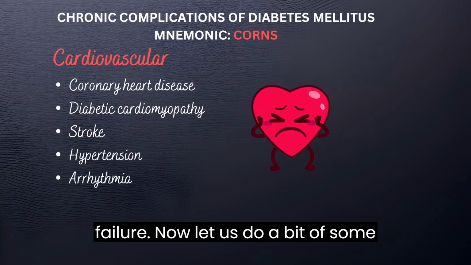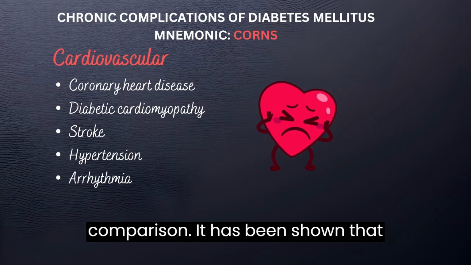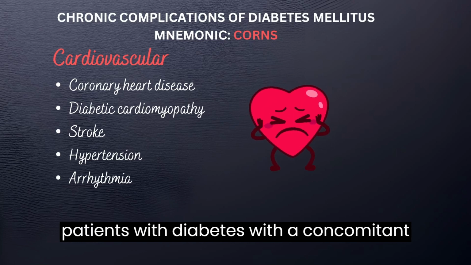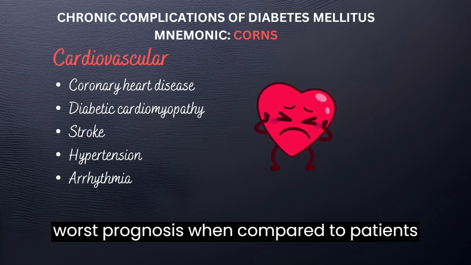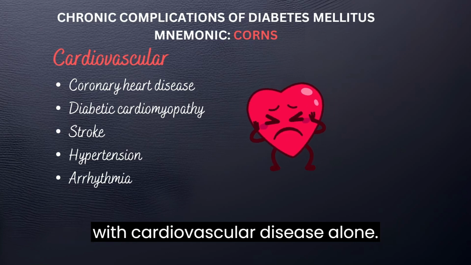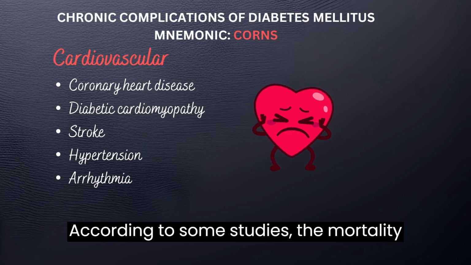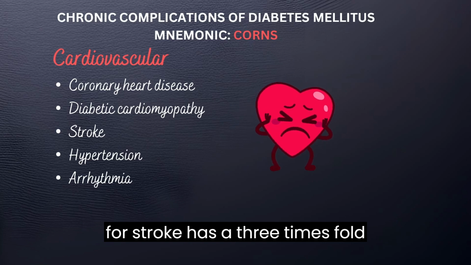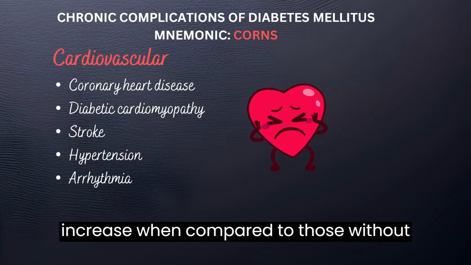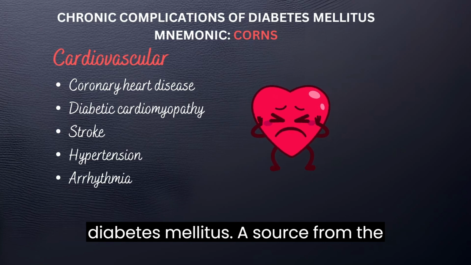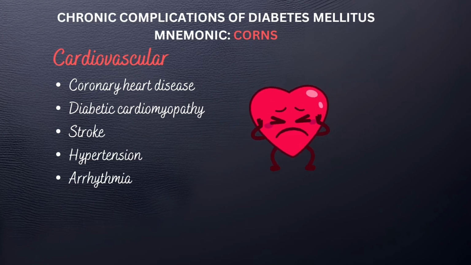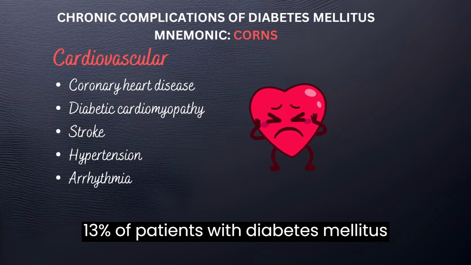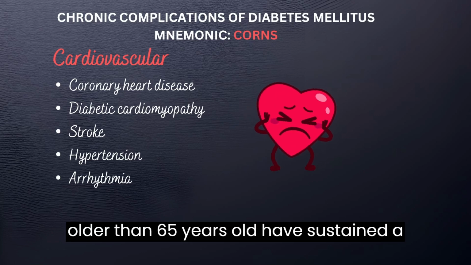Now, let us do a bit of comparison. It has been shown that patients with diabetes with a concomitant cardiovascular disease will have the worst prognosis when compared to patients with cardiovascular disease alone. According to some studies, the mortality for stroke has a three times fold increase when compared to those without diabetes mellitus. A source from the American Heart Association quotes 13% of patients with diabetes mellitus older than 65 years old